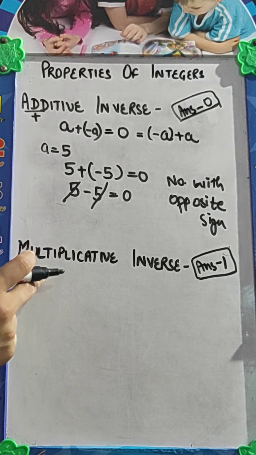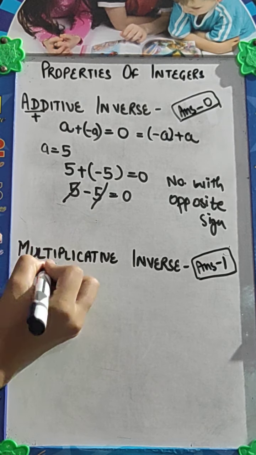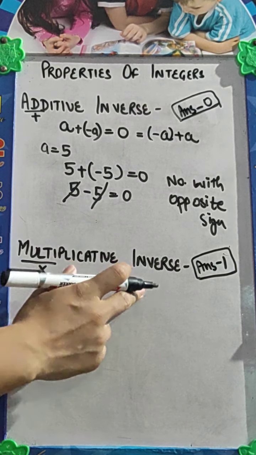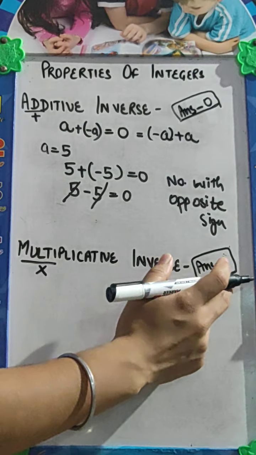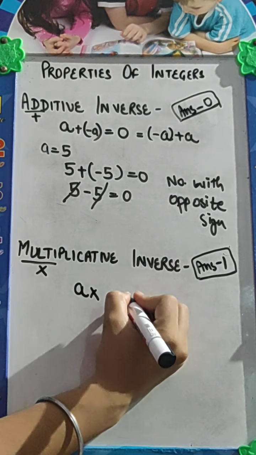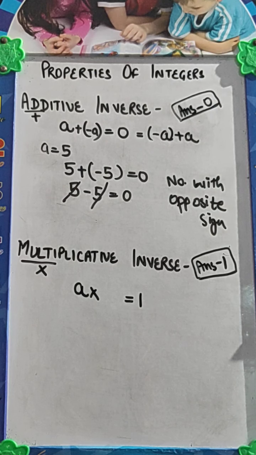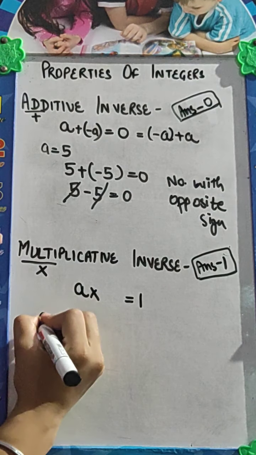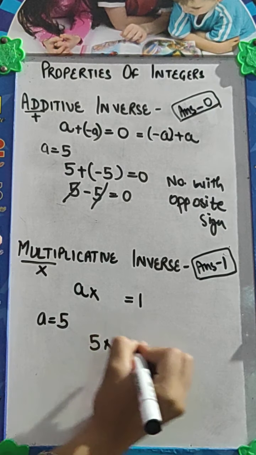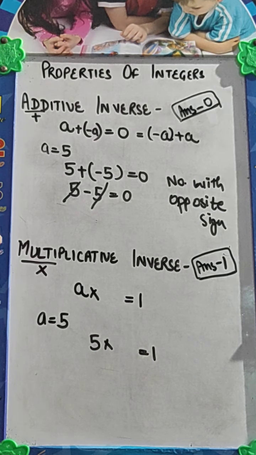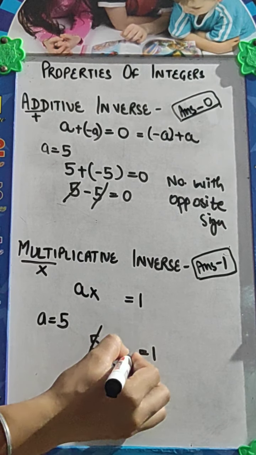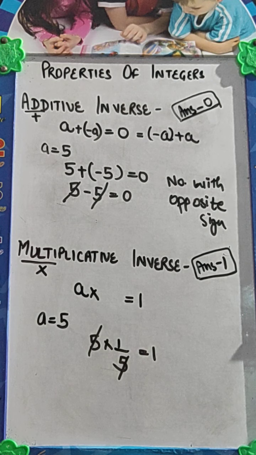Now come to multiplicative inverse. Multiplicative means we have to multiply something. हमें क्या करना है? Multiply करना है उसका inverse. And in this case our answer must be 1. So if you are having a, तो उसमें आप क्या multiply करो so that your answer is 1. Okay, let us take an example. Supposedly if I am again having a as 5, तो 5 में हम क्या multiply करें so that our answer is 1? So if we multiply it by 1 by 5, then they get cancelled. What will we get? We get 1 as our answer.